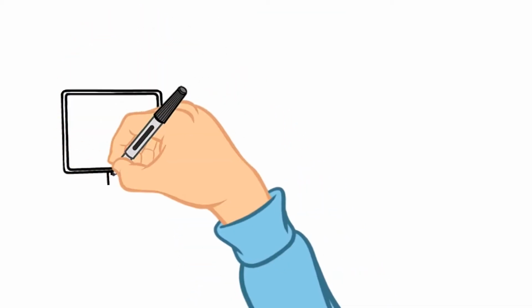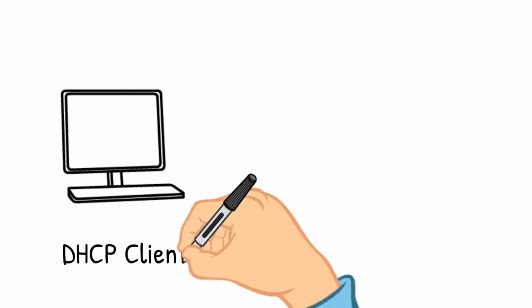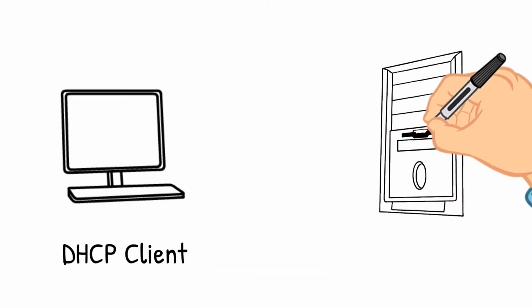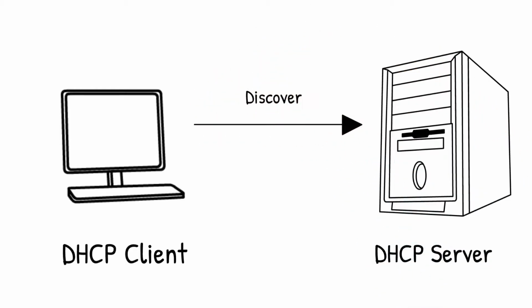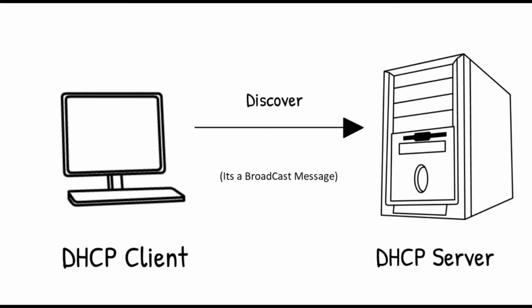If I talk about the D, that is discovery, then basically the DHCP client, that can be your PC, your machine, or a mobile handset connecting to your home router, does the discover. It sends out a network broadcast of the discover message, and in that message it requests the DHCP server to send out an offer for an IP. Now let's see what happens in offer next.